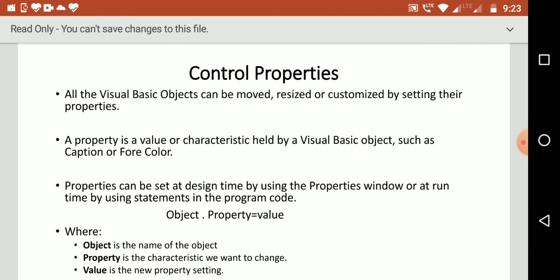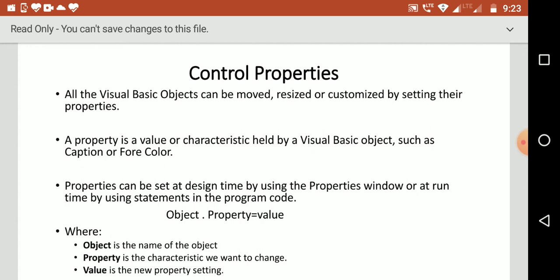So now let's see how properties control the objects in VB. All Visual Basic objects can be moved, resized or customized by setting their properties. That means you can change the look and feel of any control in VB, by resizing it or changing its color, customizing it to whatever the user wants.